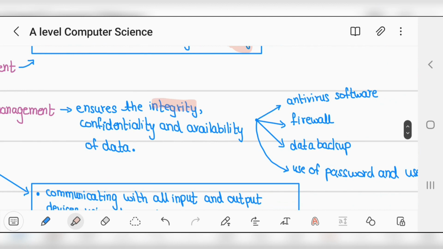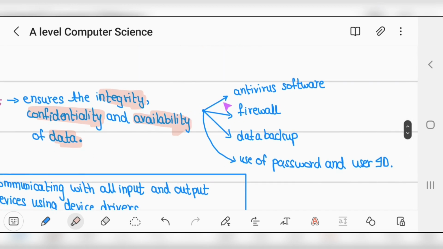Ensure the integrity, confidentiality and availability of the data. For antivirus software, we can just use an antivirus software and a firewall. We can do a data backup just in case the data is lost or corrupted. We can use a password and a user ID,